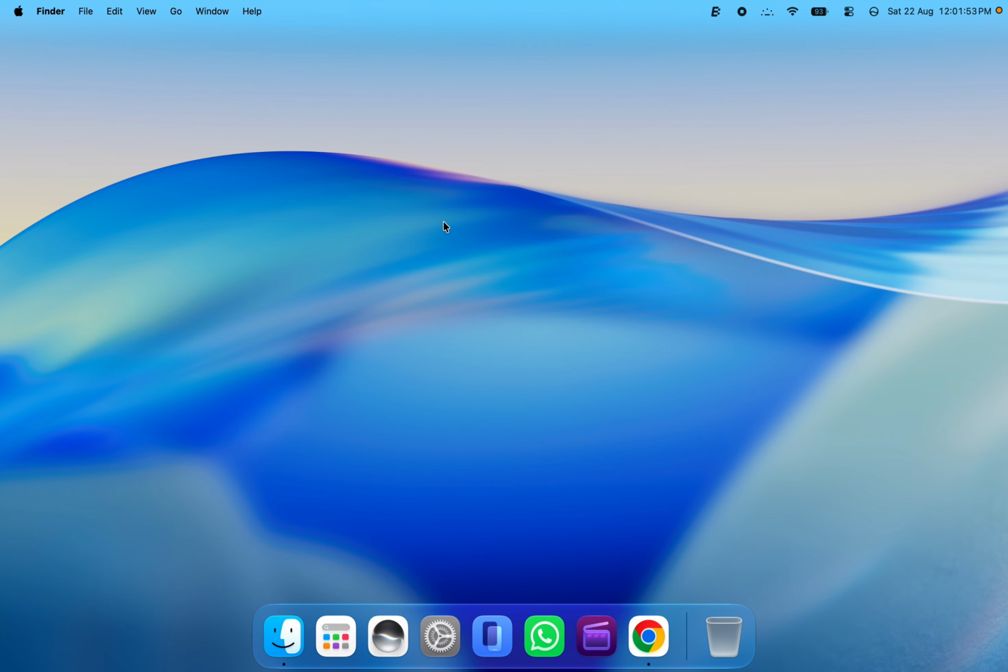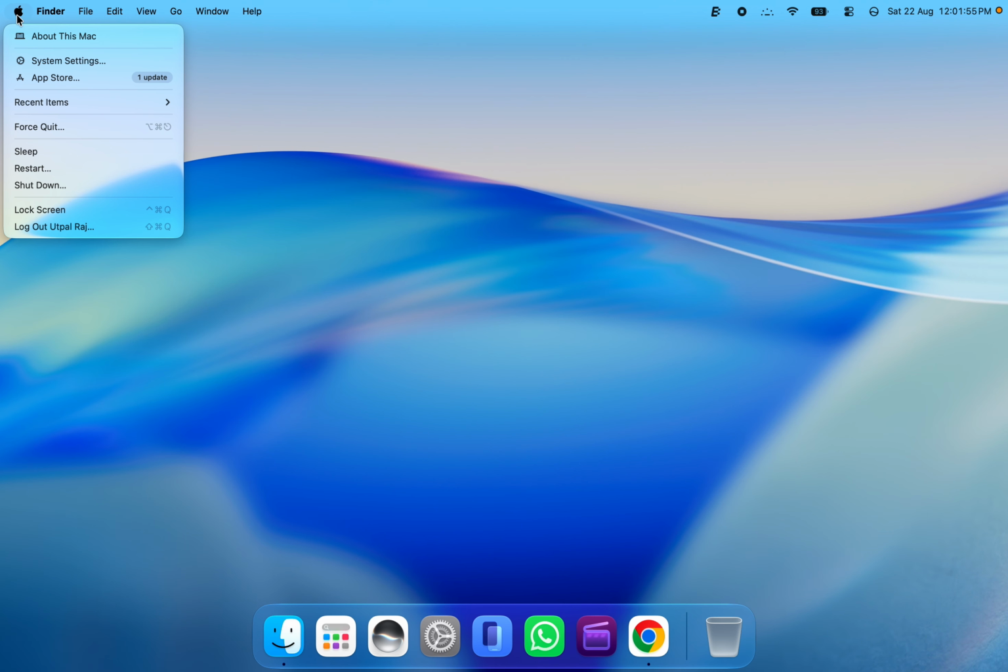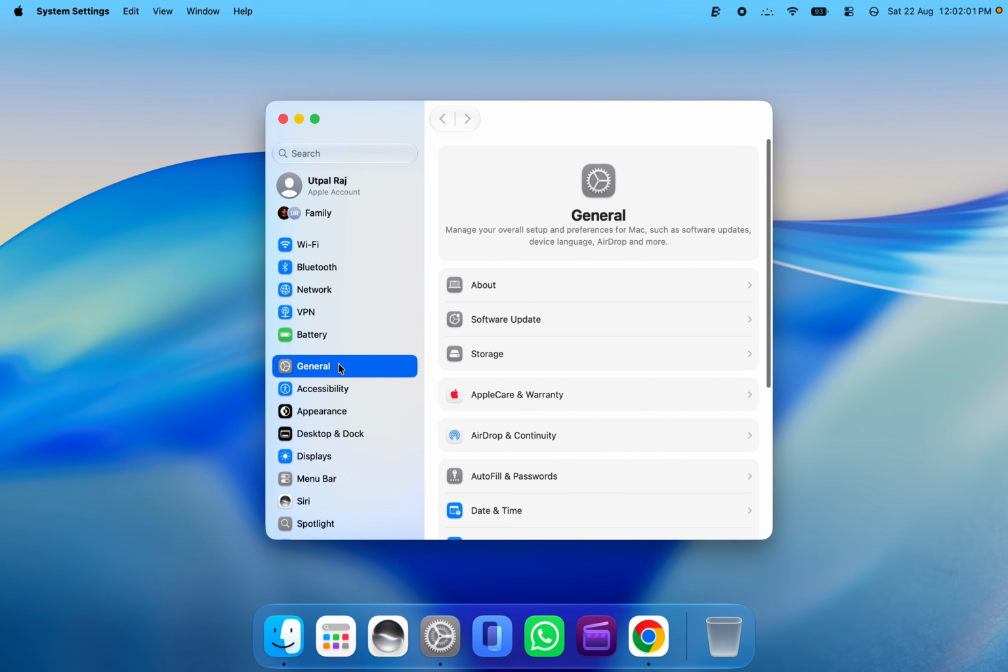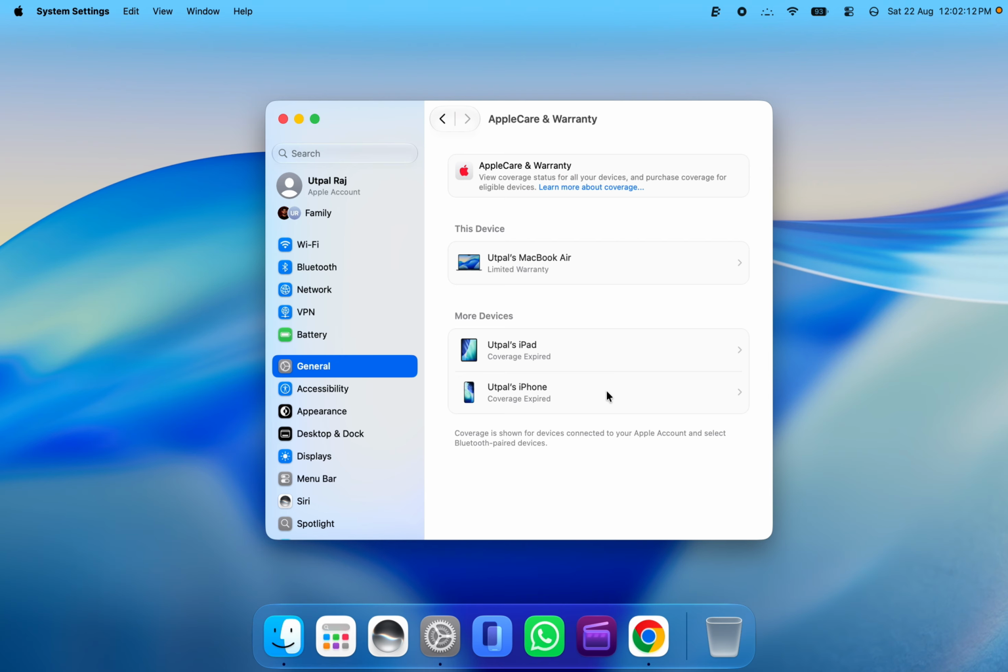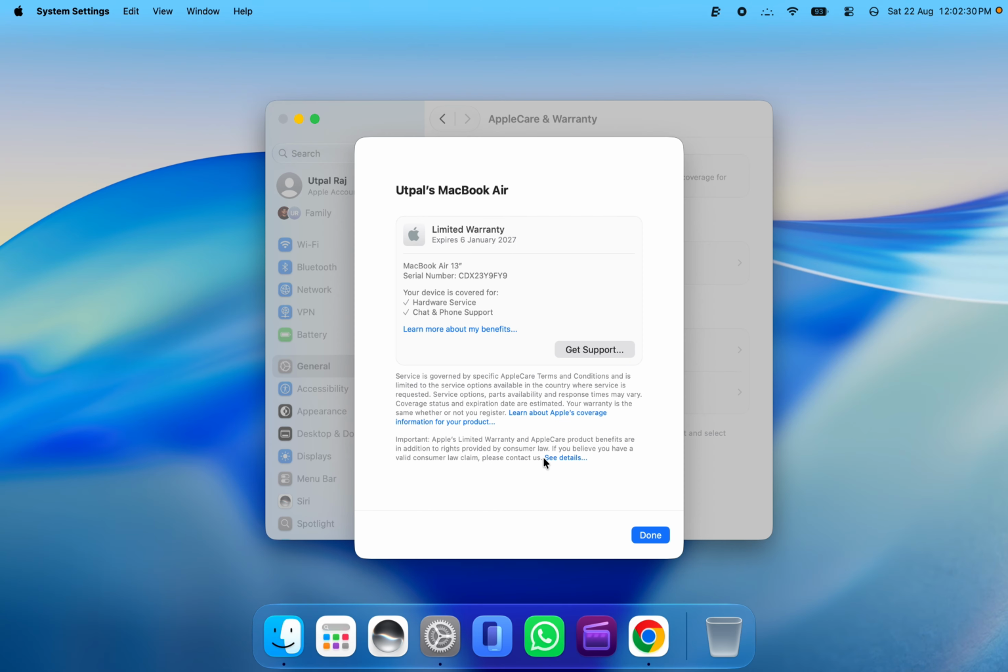To check this, first click on the Apple logo at the top left corner of the screen, then select System Settings. Now look for the General Settings option in the left side panel and click on it. Then select AppleCare and Warranty. Now within this page, you will see all the associated devices with your Apple ID. So just select your Mac, and if your Mac is still eligible for AppleCare Plus, you will see an option